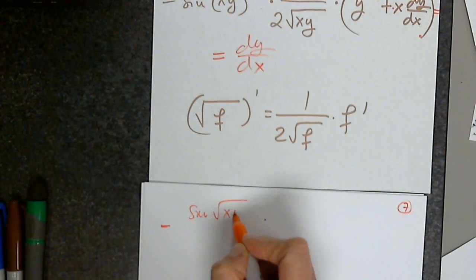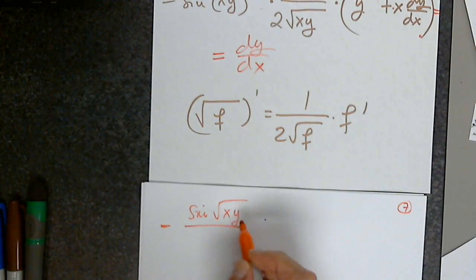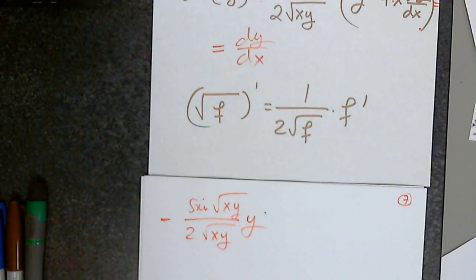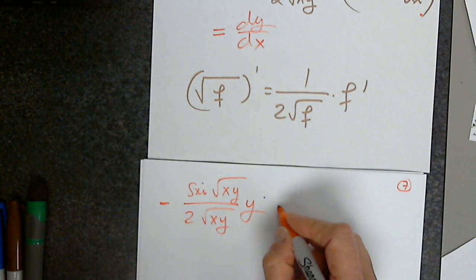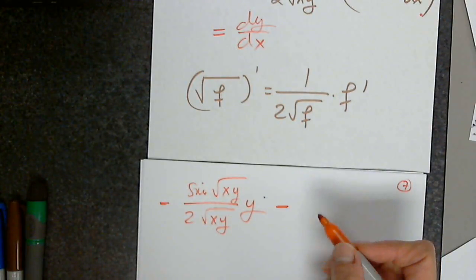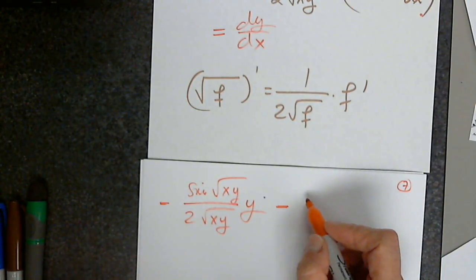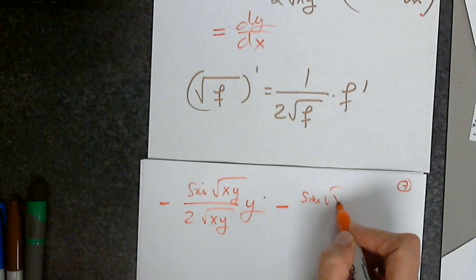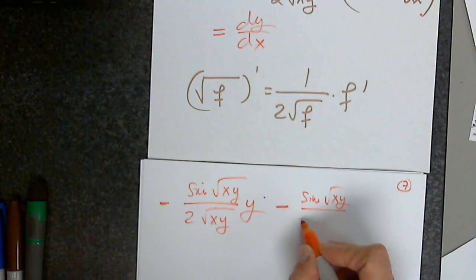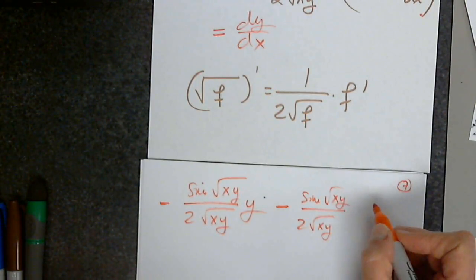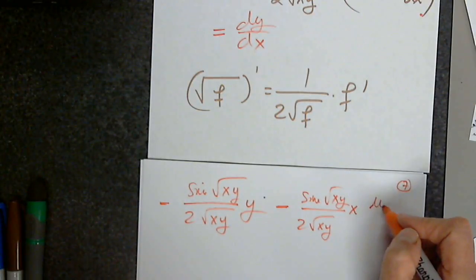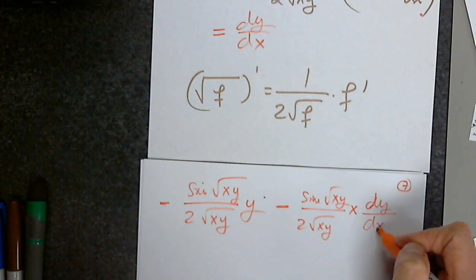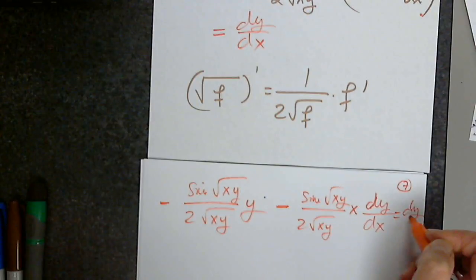Sine of the square root of xy over 2 the square root of xy times y. Then minus sine the square root of xy over 2 the square root of xy times x dy over dx equals dy